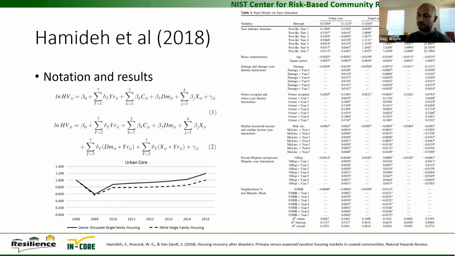If you've worked with property values and the tax assessor before, you'll see there's usually a total improvement or total property value, which is comprised of land value plus the structure value. After a disaster happens, the land is not necessarily impacted, so you wouldn't expect value to go down there, but the structure is impacted, so you would expect the value of the structure to change. So the dependent variable is the log of the building value, and then the suite of variables after that in this panel model.